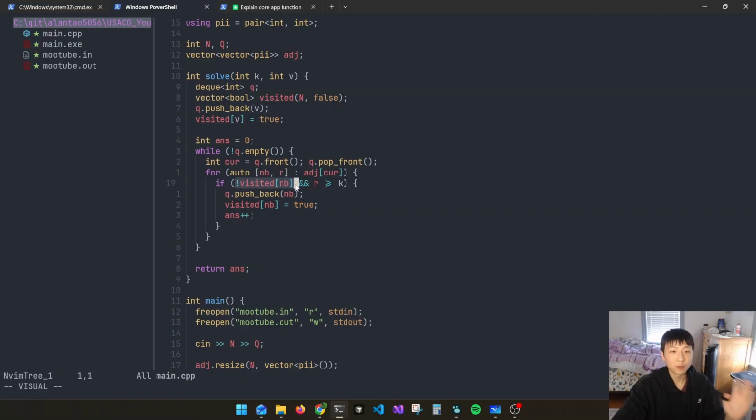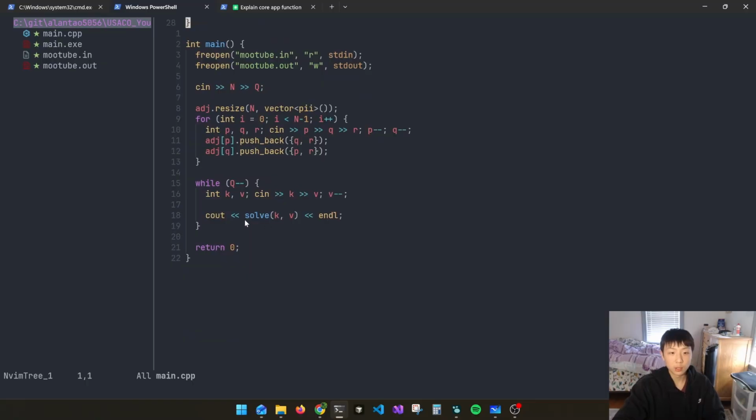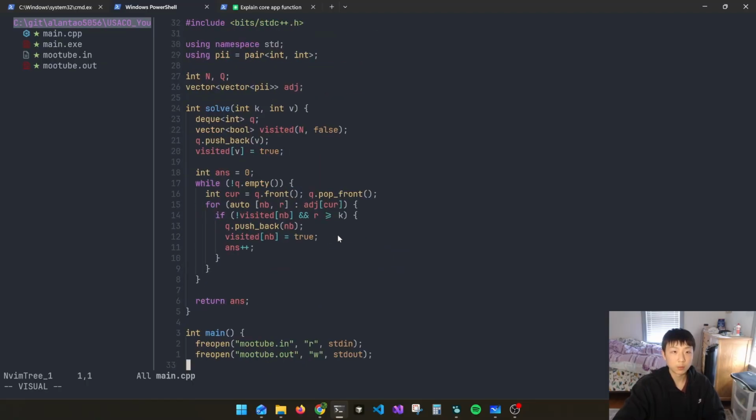If the neighbor is not visited and the relevance is greater than or equal to k, so this is the important part, only if both of those conditions are satisfied, we're gonna go into this node. So that's just push back the neighbor, and we set the visited to true, and we add 1 to the answer. And then at the end we return the answer, and here we just print it out,